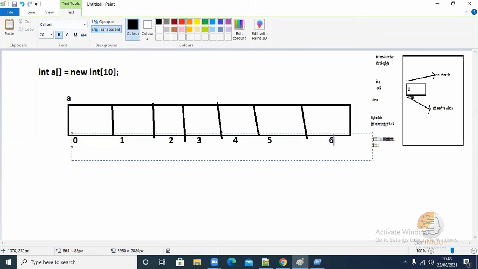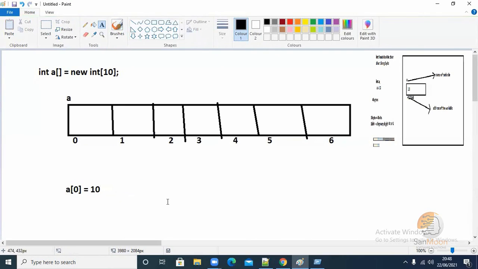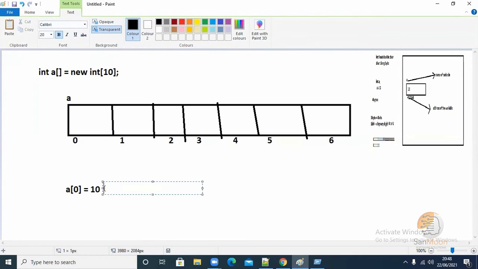Now I want to access one of the variables. How will I do that? Using the index only I can do that. For example, I want to use the first variable of this array. I will use it like this: A of 0 is equal to 10. You're getting it or not? Now I have used the first variable, which is A of 0.